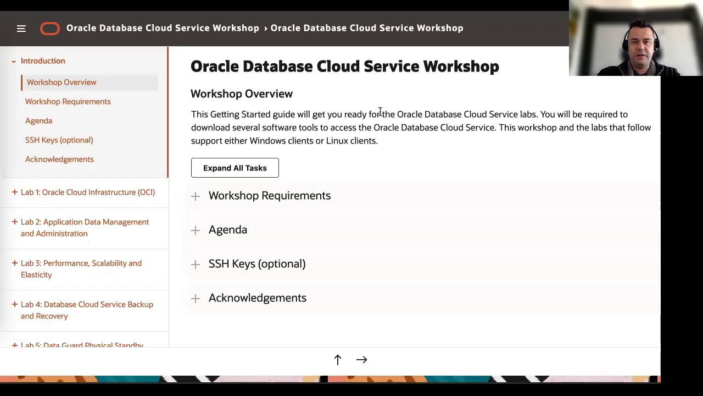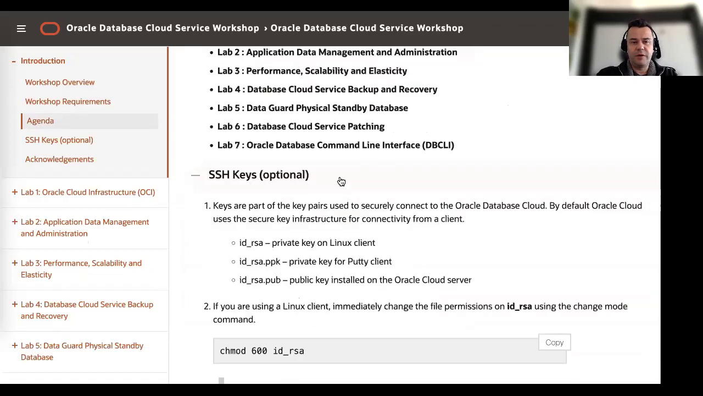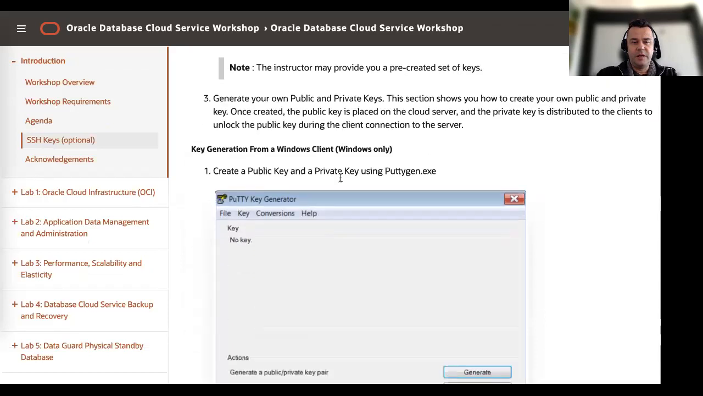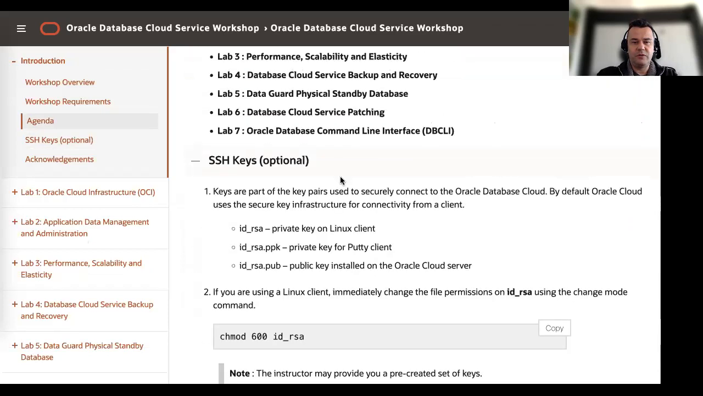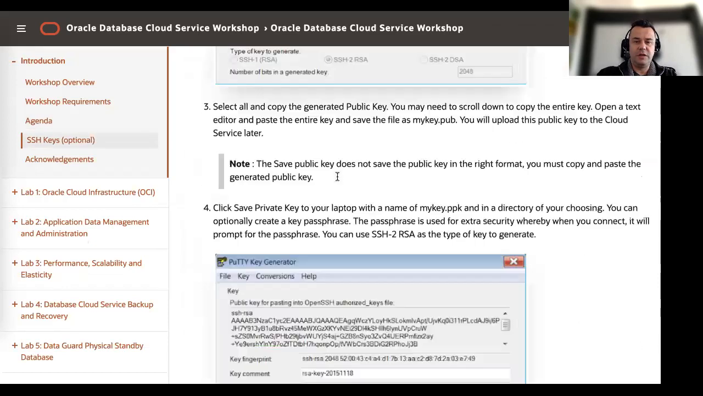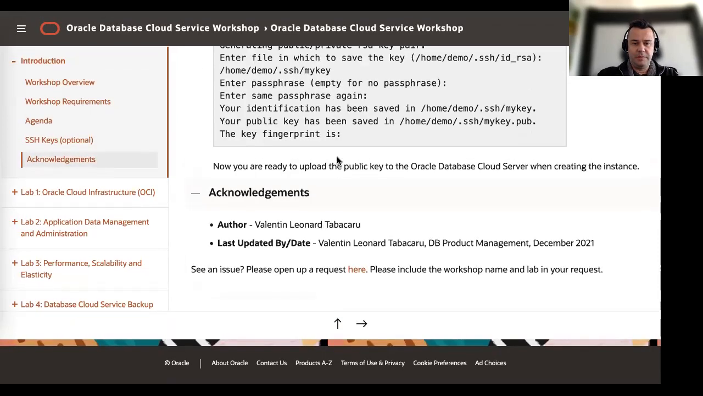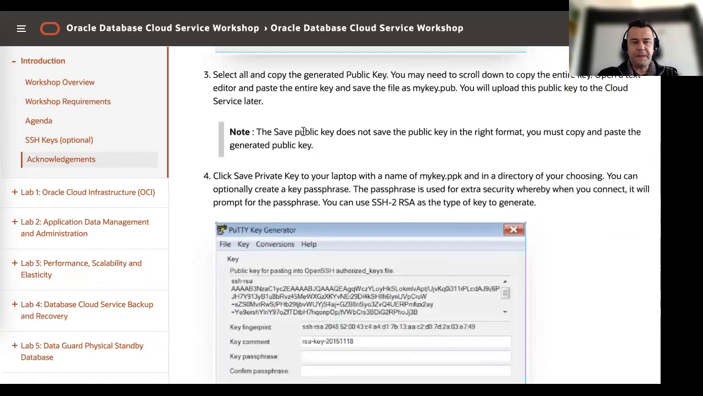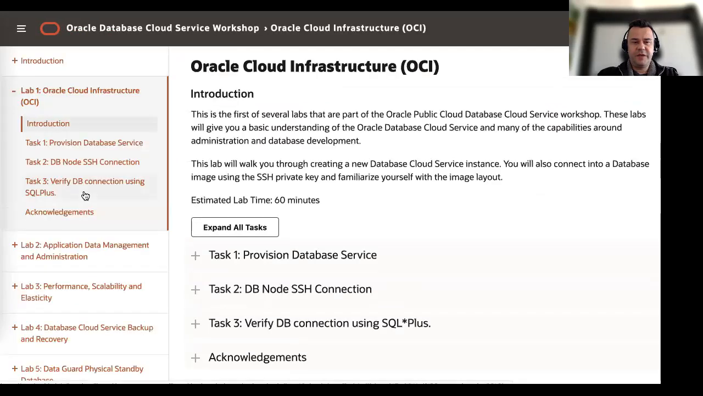You'll also receive a link to the documentation, to the lab guide. This is the very beginning page you will get when you connect to this link. Here we have the workshop requirements, the agenda, and some details about how to create your own SSH keys in case you want to use your own keys. This is not mandatory, so we're going to use the cloud generated keys, Oracle Cloud Infrastructure generated keys. So we're going to jump to the first section in the lab,